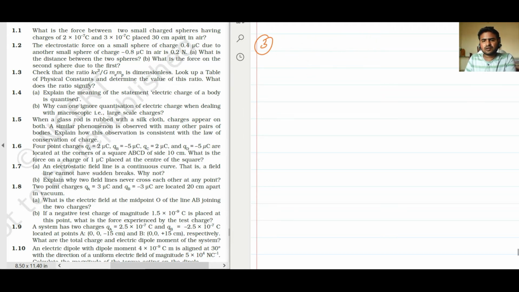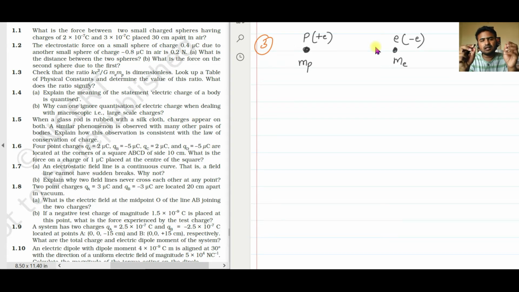Okay, so remember, force between charges is nothing but k, or we will do it like this. Let's say we have a proton here, and we have an electron here. So the mass of the proton is mp, the mass of the electron is me, the charge of the proton is plus e, the charge of the electron is minus e. Now between these two particles there will be an electrostatic force, because they carry charge, they will attract each other. At the same time, between these two there will also be a gravitational force.